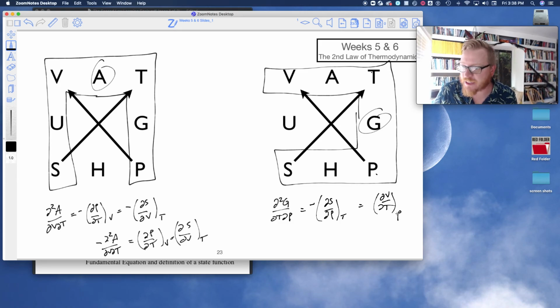I know it's kind of out of context right now, but in the coming lecture, which will probably be a little bit longer than the others, because I'm going to connect all of this, we will see how incredibly useful it is to connect these variables, or to connect these potentials. And to also be able to see, it's not straightforward yet, what are the natural variables of these things? I think we've kind of seen that constant volume corresponds with internal energy and constant pressure corresponds with enthalpy, but it's not